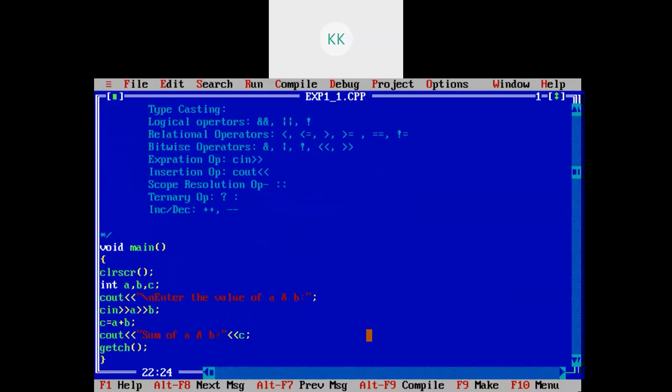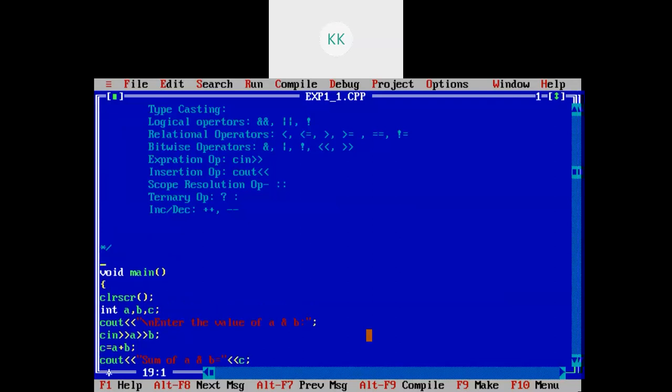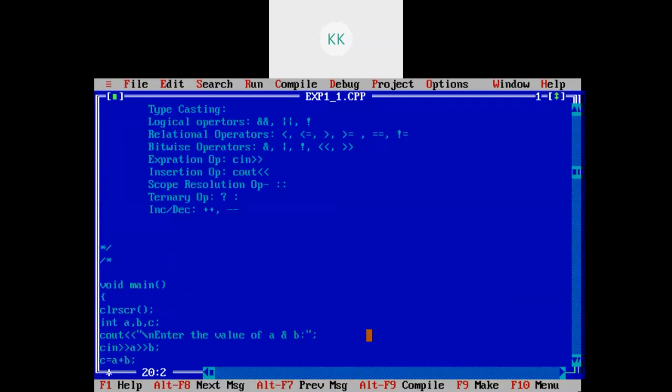Now we will see the syntax of some of the control statements which we have already studied in the last semester. So we will see the basic control statements. The first control statement is if. This is a conditional or control statement.